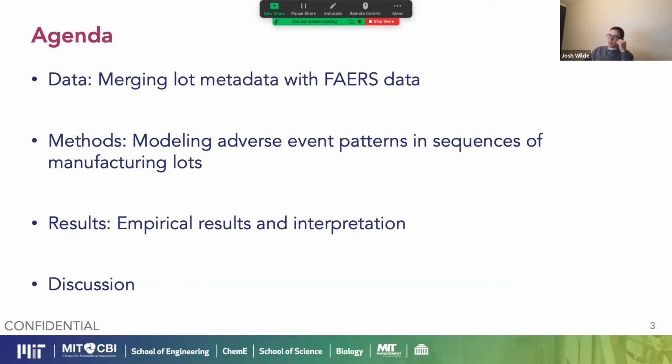Okay, so I'm going to talk about some of the data that we've been using, as well as some of the methods that we've been applying to model patterns of adverse events in sequences of manufacturing lots. And really, this method is designed to answer the research question, which is: is there any sort of pattern that we can pull out of sequences of adverse events that would indicate that there is some sort of sequential dependence in these adverse events that you wouldn't expect if the source of these adverse events was purely drug-patient